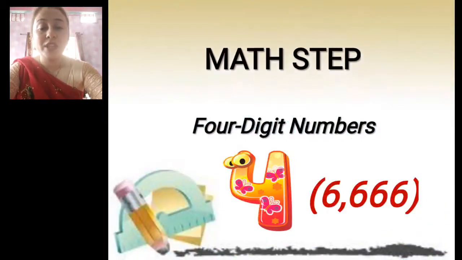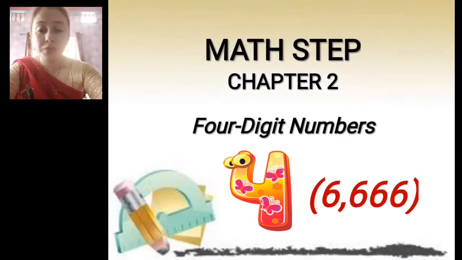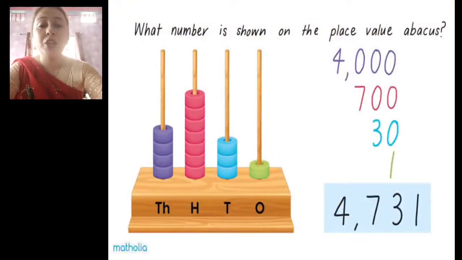So children, in today's class we will be doing the sums from the maths textbook, okay? We are continuing with chapter 2, 4-digit numbers. Let us first see what we are going to do in today's class. You will all learn to show the place value of numbers using an abacus. Using the abacus, counting the beads, you will show different numbers with different place values and face values.